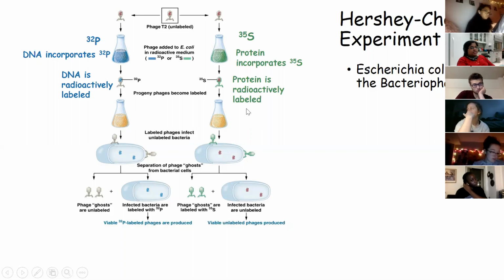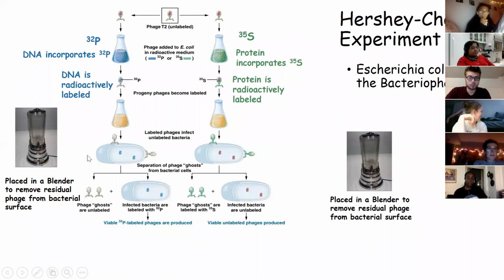Then they are labeled, and then they infect the bacteria. After infecting them, they put it in a blender, remove all the phage from the bacteria surface, and then they go on to